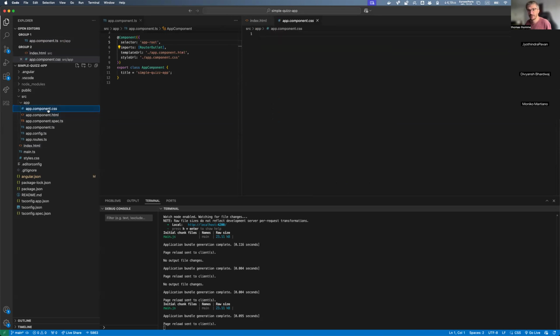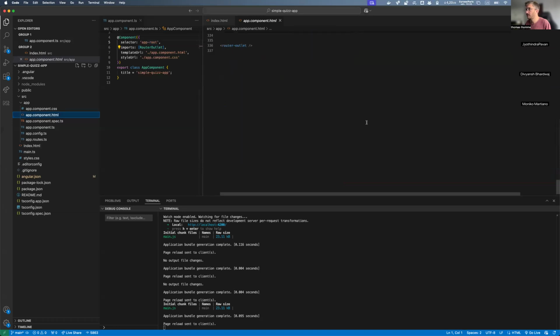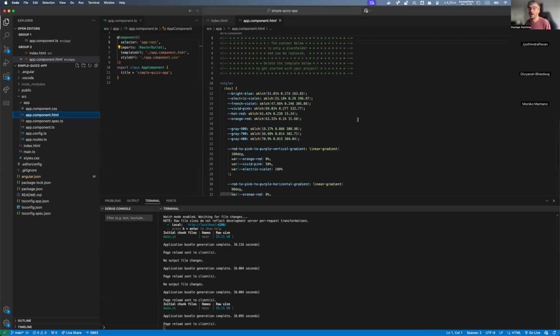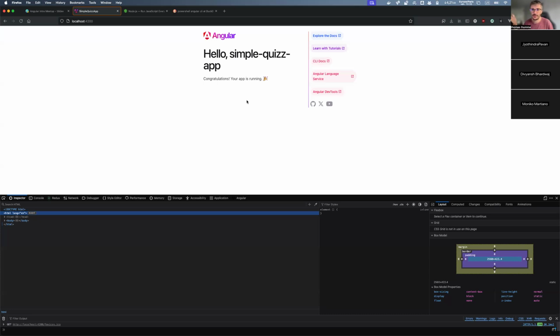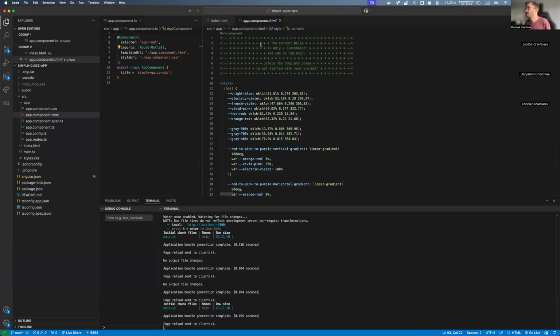The CSS has nothing. We'll understand very quickly why. But our app component HTML here is pretty huge. We have many, many things, and actually it's way too much, right? Why is it like this? Why didn't they put the CSS inside of the CSS file instead of putting everything in HTML? Well, for the simple reason that they know that you will remove everything here, because your app will not be like this, obviously. You want your app to be as you want to build it, right? So they just put everything here so you can remove everything.